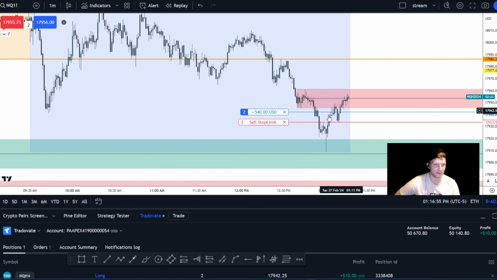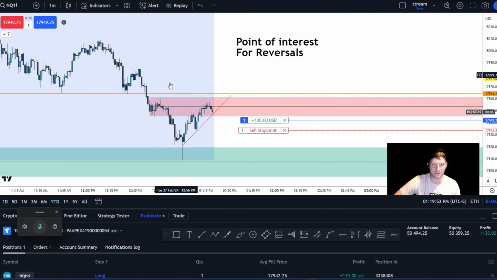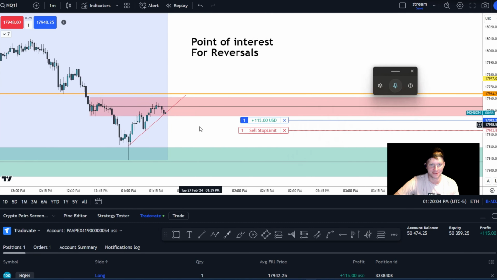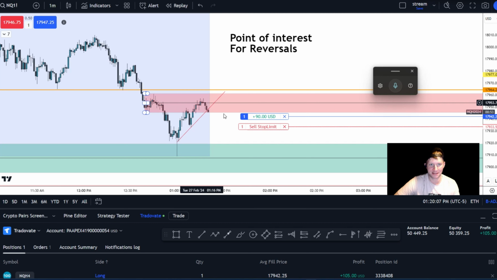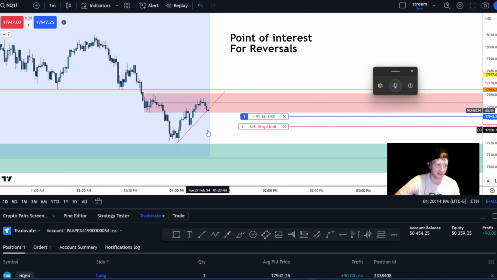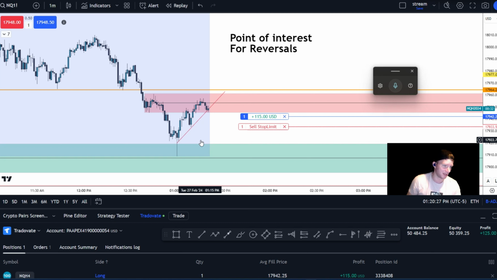Here's my actual entry where I thought it was a good entry. The first step is finding points of interest where price will go into and offer the reversal. It's not going to offer the reversal until it has completed whatever downside or upside objective that it had, which 99.999% of the time is going to be filling in inefficiency. Some will tell you it's liquidity, but if you truly learn how price is booking, you'll quickly understand that it's